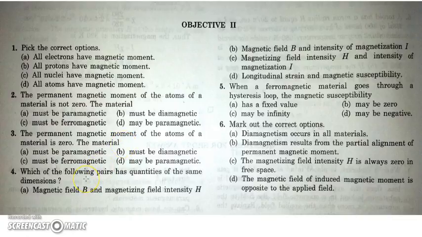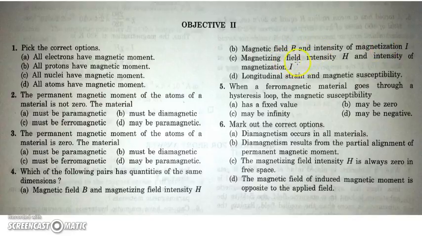Okay, and in the next question, which of the following pairs has quantity of same dimensions: magnetic field and magnetizing intensity? H, B and H. No, they don't have same dimension because H is defined as B by mu naught. Again, magnetic field and I is also defined as B induced by mu naught, so they will not have same